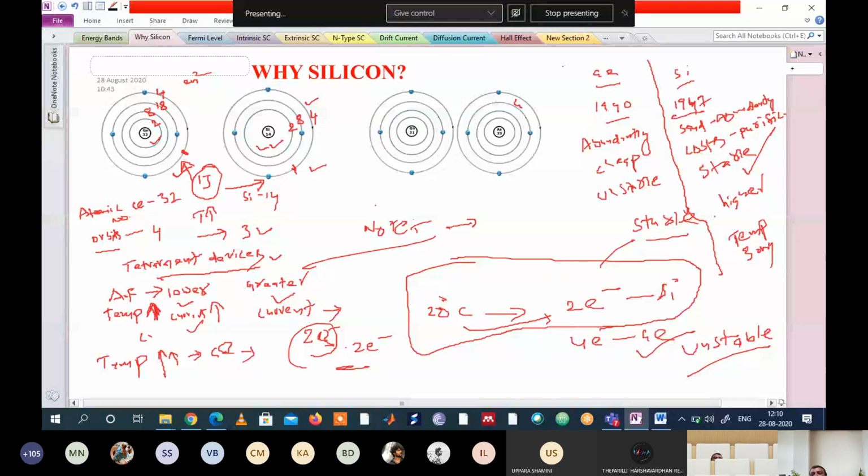Dear students, as temperature is increased, what happens? Silicon is stable. But as temperature is increased, what about germanium? It becomes unstable. That's why it is not preferred in electronics. Even you can see some mobile phones bursting at higher temperatures, for example China mobile phones. If you keep on talking with your friends, at a certain temperature they will burst, because those devices are manufactured with what? Germanium. But silicon will not burst.